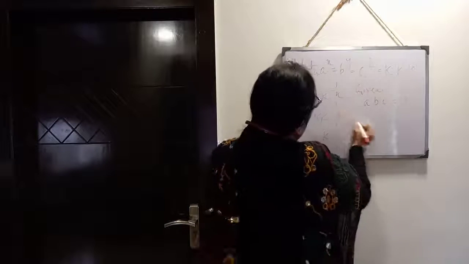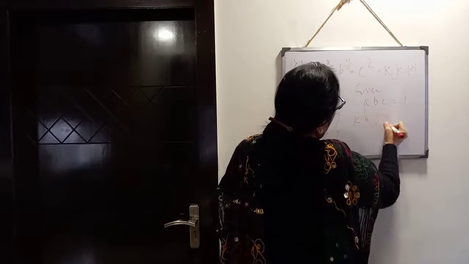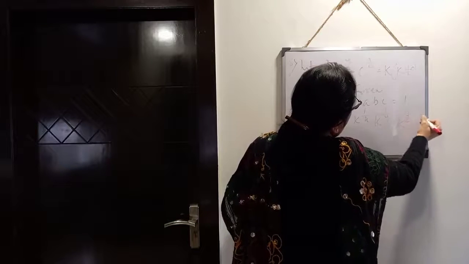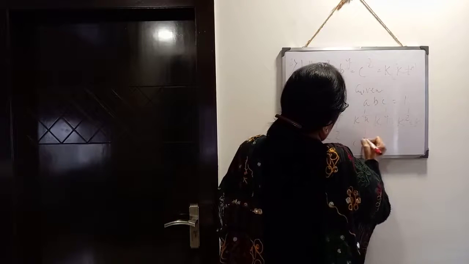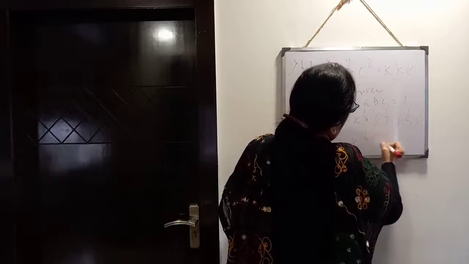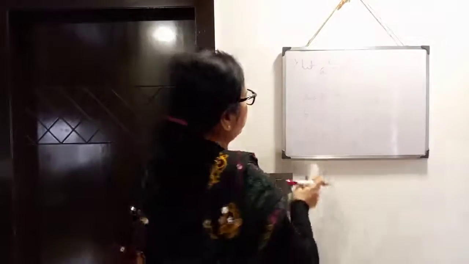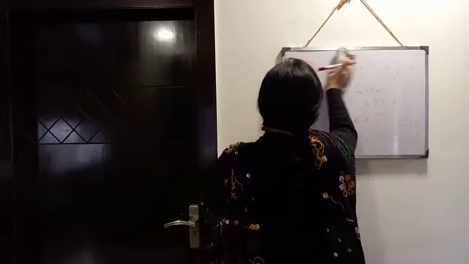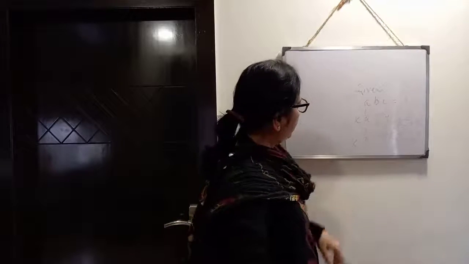So a means k to the power 1 by x, into b means k to the power 1 by y, into c means k to the power 1 by z, equals 1 means k to the power 0. Now same base, powers will be added. 1 by x plus 1 by y plus 1 by z equals k to the power 0. Clear? Now in the previous sum I had explained that when the base will be the same, from both sides you can equate the power. Here same base,